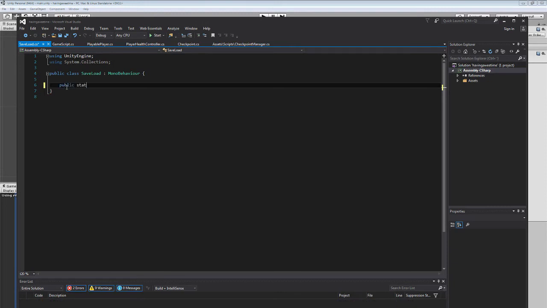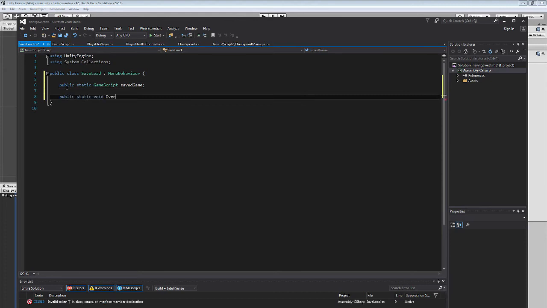It's gonna need a public static GameScript saveGame. So we have the instance carry over, and I'm gonna make a public static void OverrideSave, set the saveGame to GameScript.current,